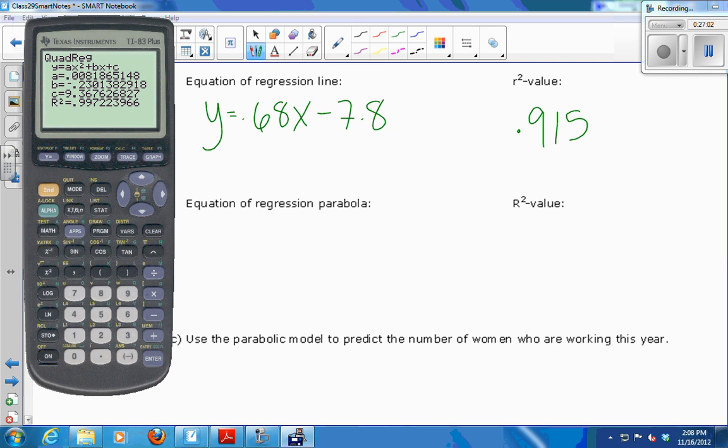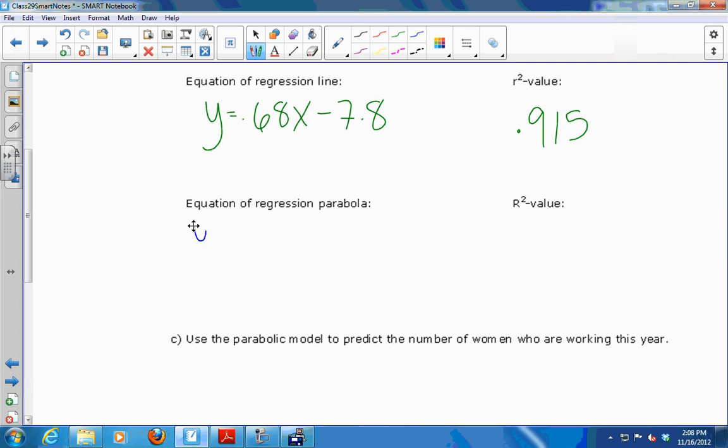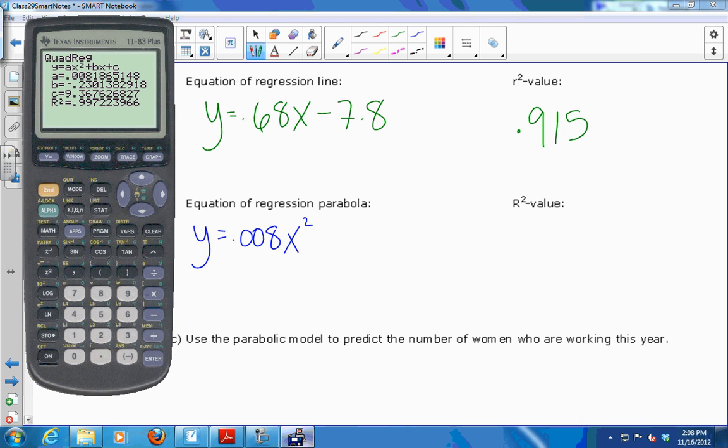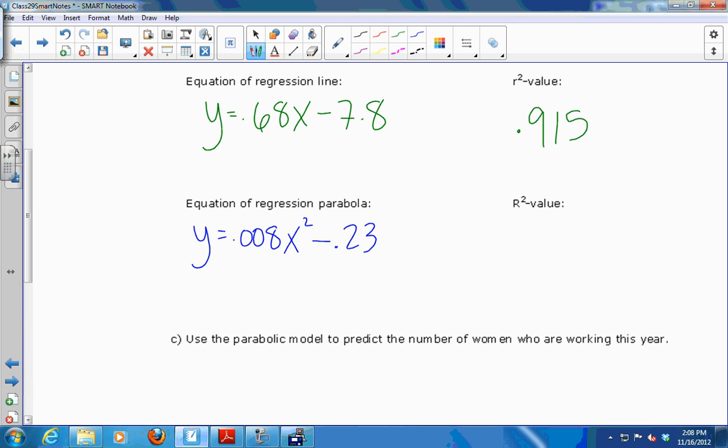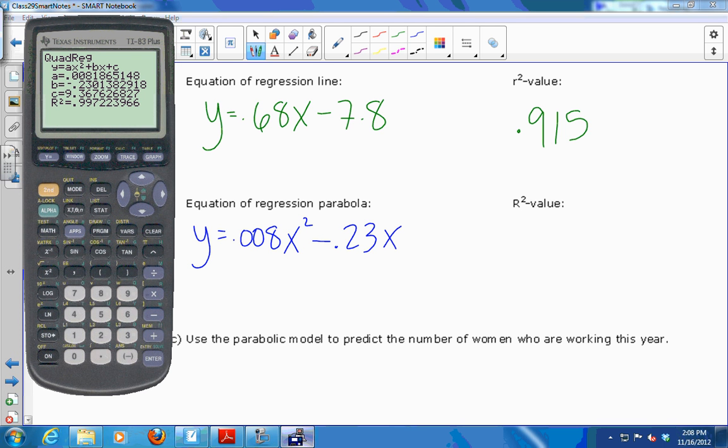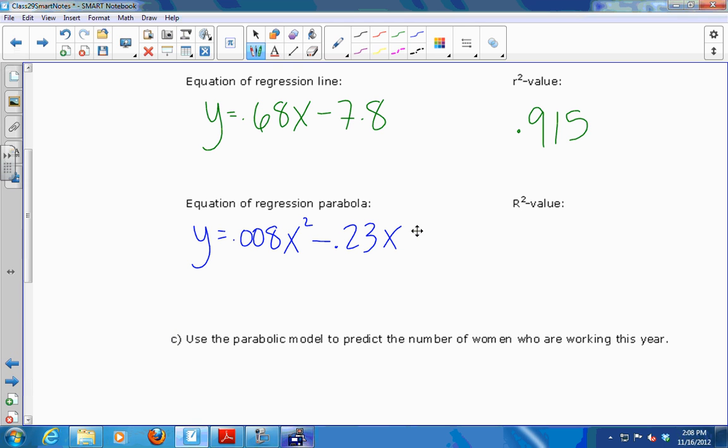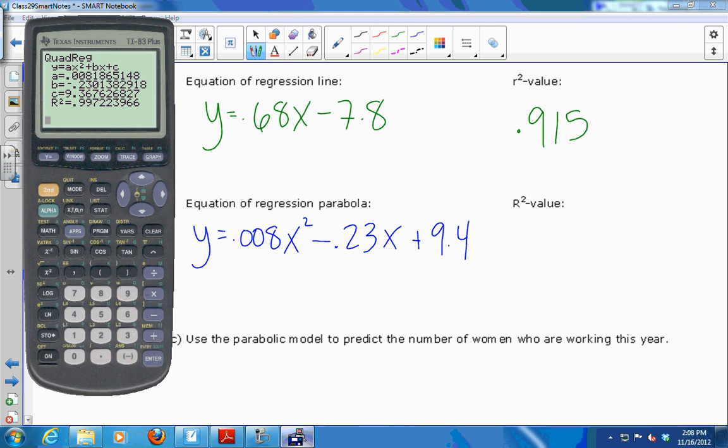Ax squared plus bx plus c. So I get y equals 0.008x squared minus 0.23x plus 9.4. And my R squared value is 0.997,